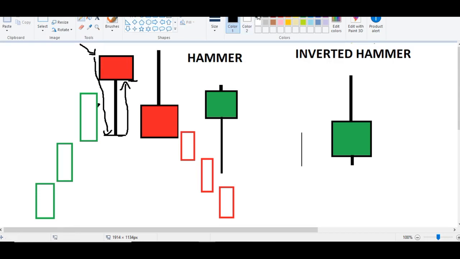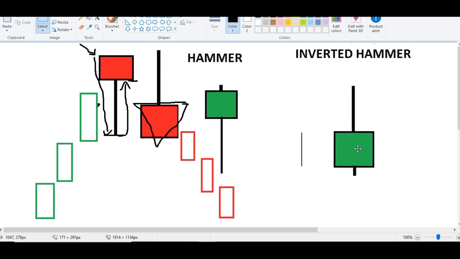And one very easy way of remembering this is wherever you see the body, okay, this red portion, simply draw a down arrow like this. If you draw a down arrow like this, you can clearly see that this turns into a down arrow. And if this is pointing down, that means it is pointing for price to move lower, right? So whenever you see either of these at the top of a trend, okay, it is a good sign that price may reverse, right? And the same thing